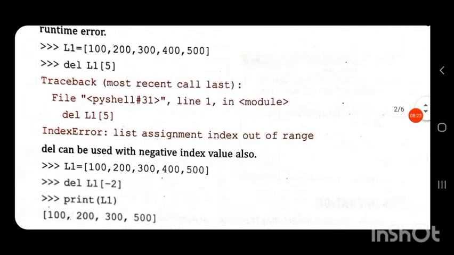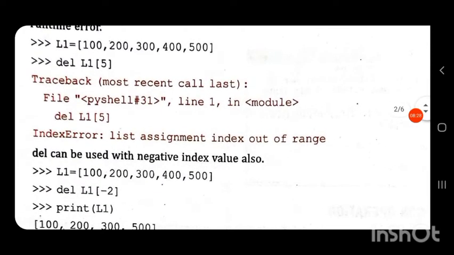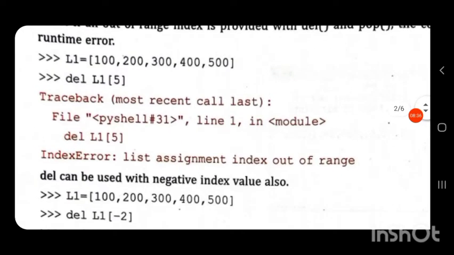If the index is out of range, the error is called IndexError: list index out of range. This error will take place if an out of range index position is given inside the del or pop function.